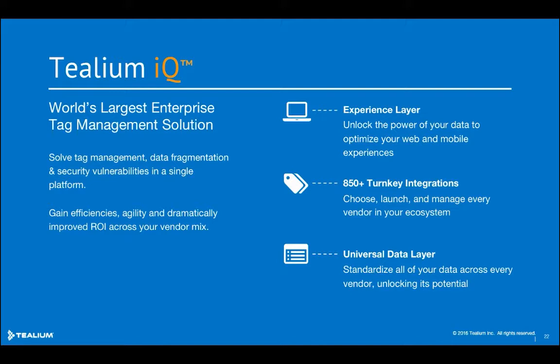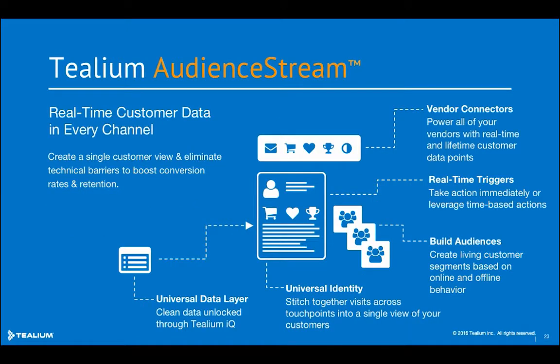So if I take that concept of the universal data layer and move into Tealium Audience Stream, Audience Stream takes advantage of this universal data layer and any other data that you have to describe what your visitors and your customers are doing to create a single view at every point. It enables you to create action across your vendor ecosystem, and what I mean by this is all of the technologies that you use to engage your customers. So for example, your email marketing platform, marketing automation, content management system, DMP, and of course personalization and testing solutions such as Optimizely.